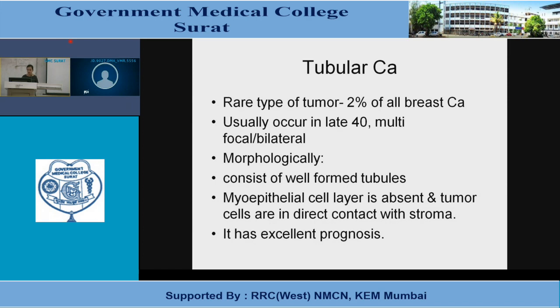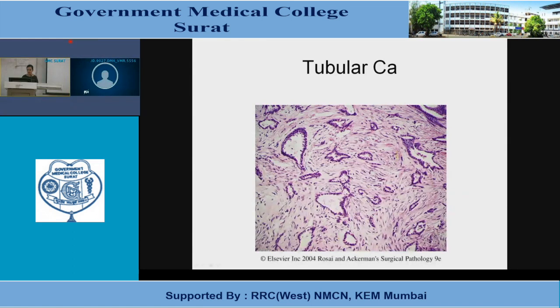This is how a tubular carcinoma looks. There can be bilayering, but the bilayer is not formed by myoepithelial cells. These are all glandular cells only. Most of the time they have a single lining, but sometimes multi-layering can be seen in this also. There is a large amount of desmoplastic stroma surrounding these nests.